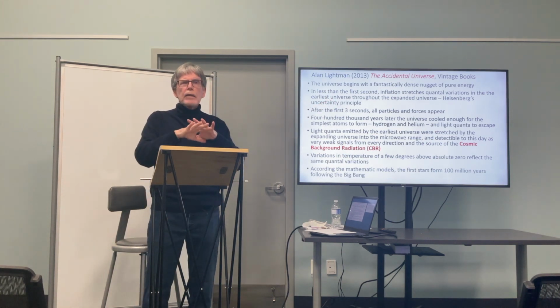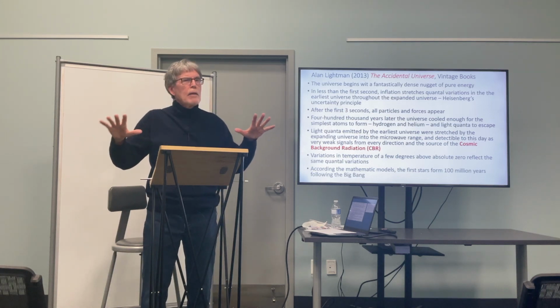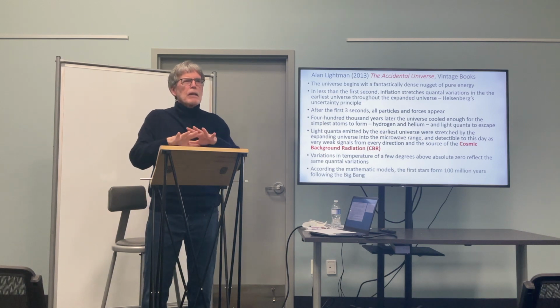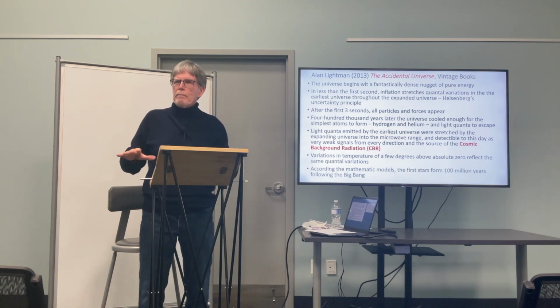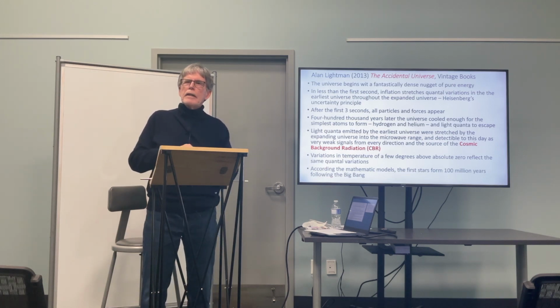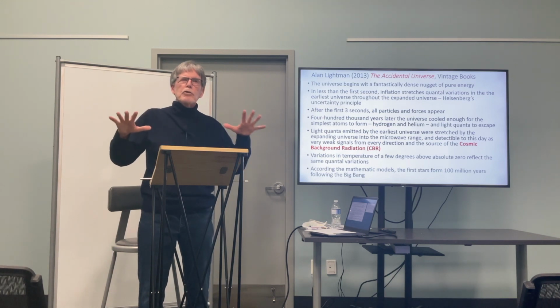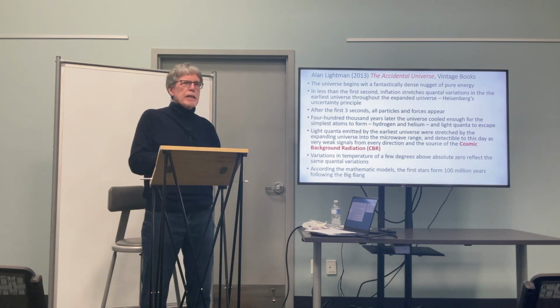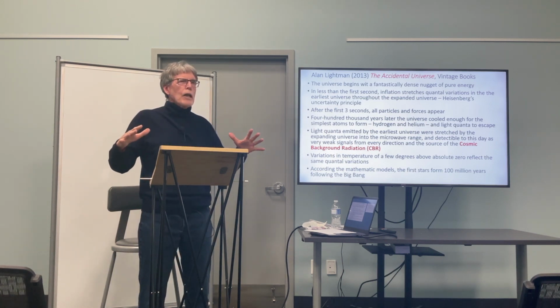Why is that so important? Because if matter or energy is uniformly distributed, gravity can't act on it. You can't create stars. Matter has to be kind of clumpy, unevenly distributed. And so it was unevenly distributed. That made it possible for the force of gravity to clump it even more and begin to form these primordial clouds,